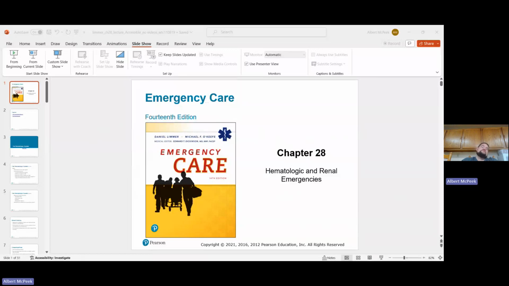End-stage renal disease, ESRD, is irreversible renal failure and requires dialysis. There are two types of dialysis: hemodialysis and peritoneal dialysis. 90% of dialysis patients receive